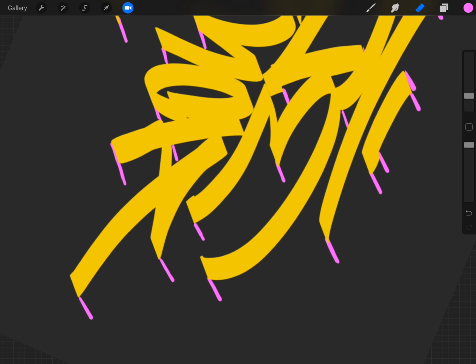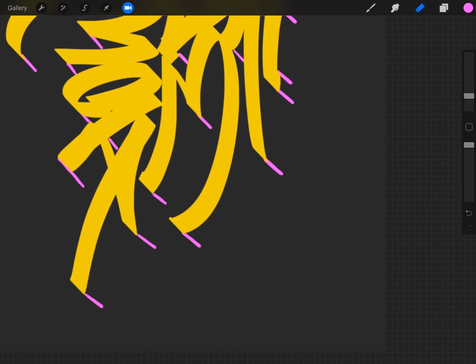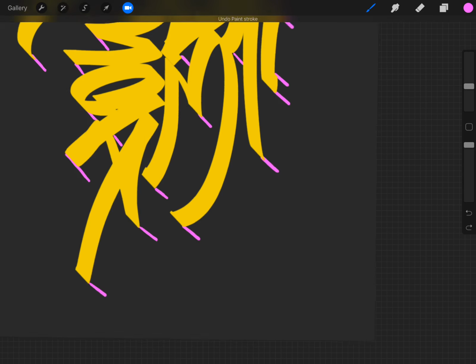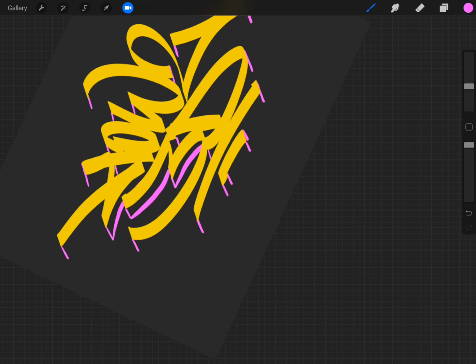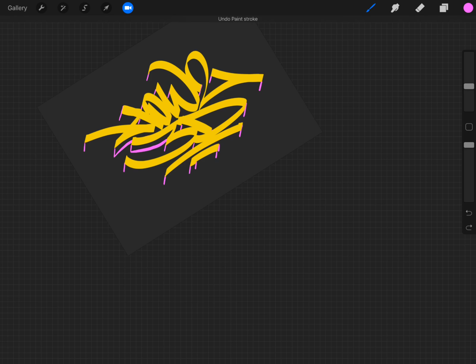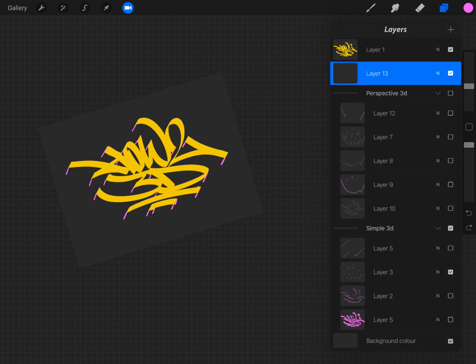Now, to add in the 3D, you would basically be copying this edge here down that distance, and you would copy the same thing around the whole entire piece. So you're copying these edges, and that's basically lifting it up into the third dimension. So I have already done that on a layer here, and I'll show you what that looks like. So that's it all added in,